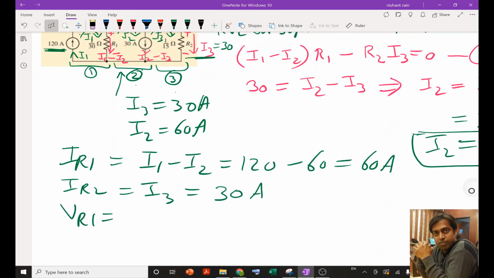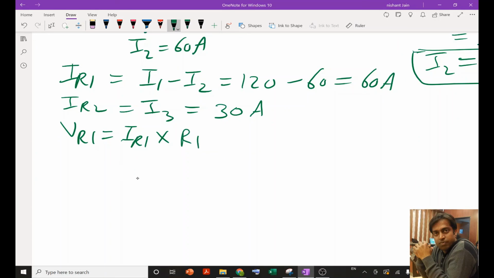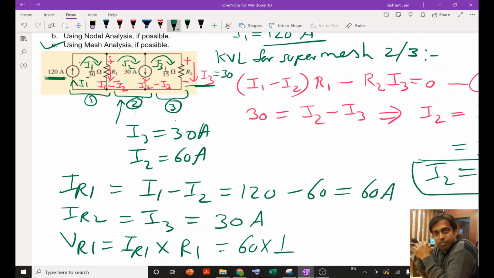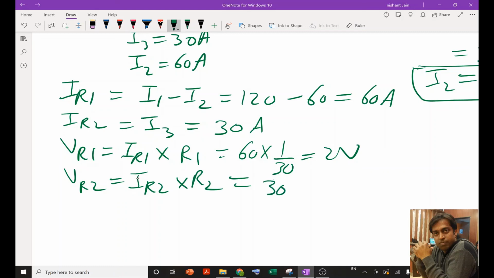VR1 is IR1 into R1, so IR1 is 60, R1 is 1 upon 30, so I get 2 volt. VR2 equals IR2 into R2, IR2 is 30 ampere into R2 which is 1 upon 15, so I get